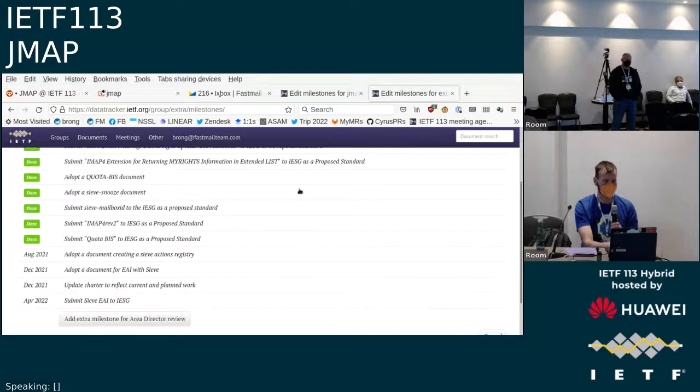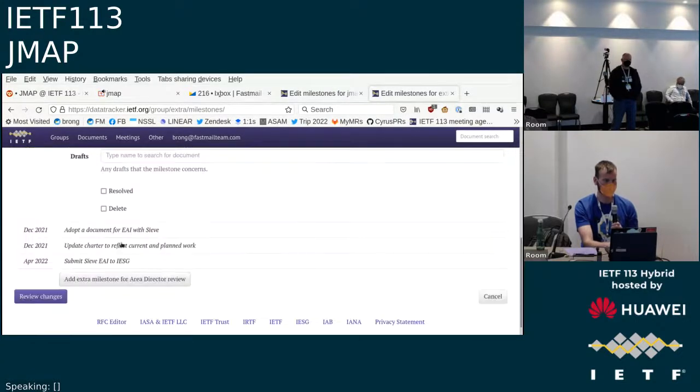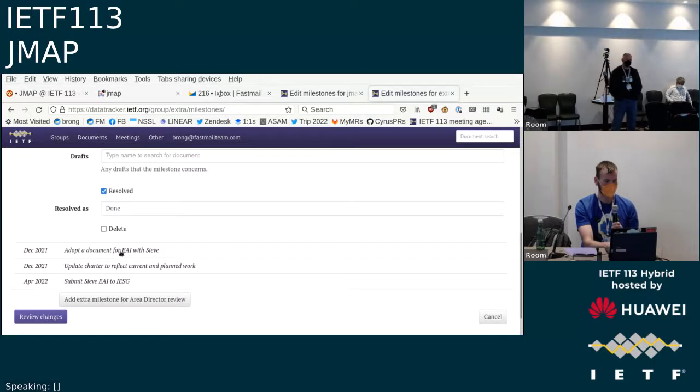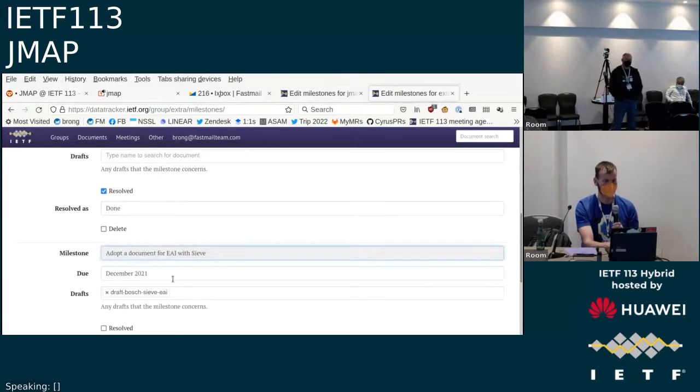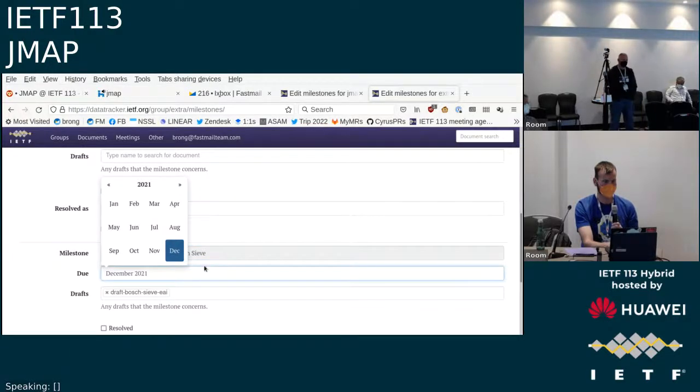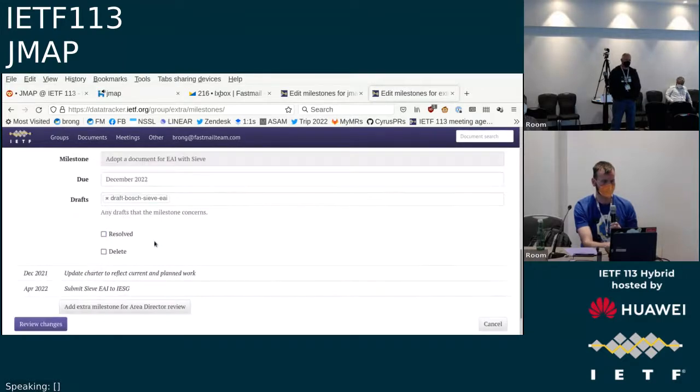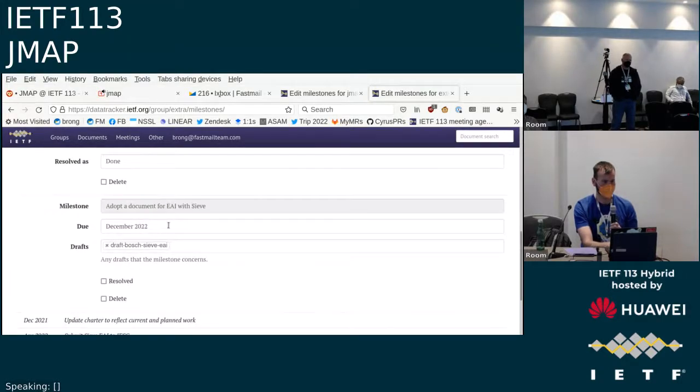Okay, and milestones for EXTRA. We had CIV Actions Registry, adopt. That got done. So just resolve that. EAI with CIV. That was just for adopt. So adopt.